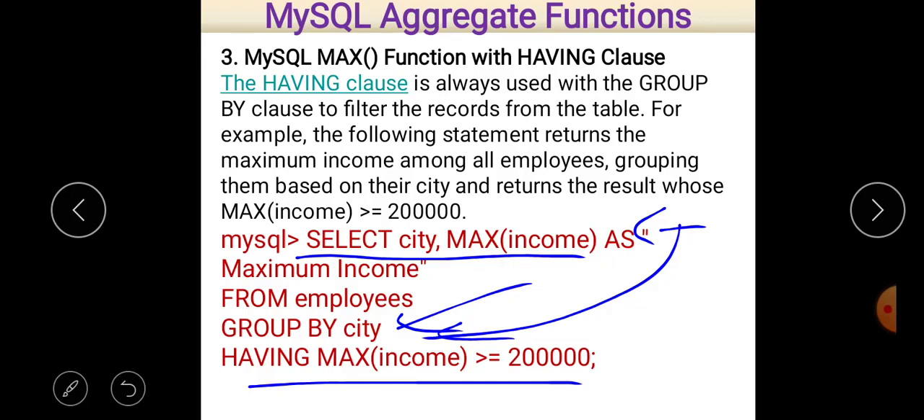After as, you also know that an alternative column name will be there. Now in your answer, the column name is maximum income. So when you write as, it provides a column name, otherwise the default column name would be there. And then after that, from employees, where employees is the table name, group by city, so we form a group on